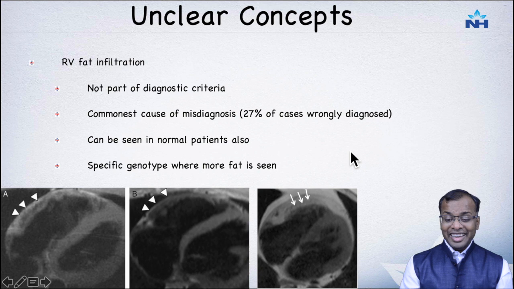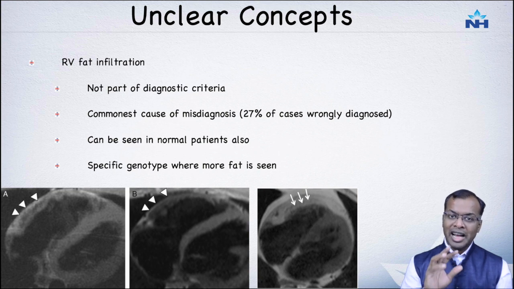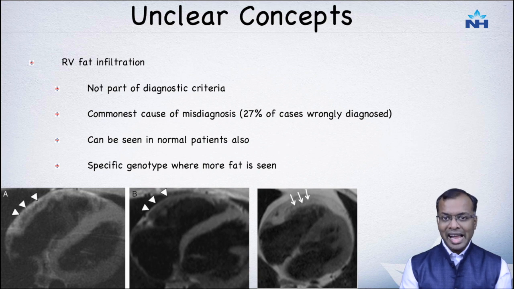Okay, it is something which can be seen in normal patients also. There is a lot of fat in the pericardium, epicardium, which could mimic that of a RV free wall. So one has to be very careful when it comes to diagnosing that. So please do not look for fibrofatty replacement of RV free wall in cardiac MR or CT at this current moment.